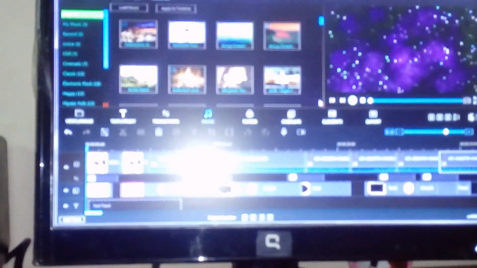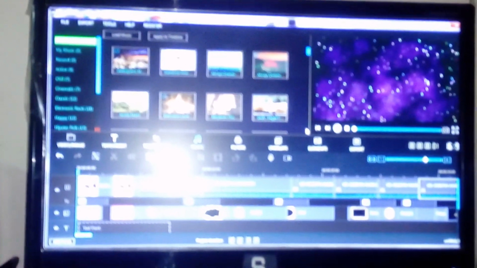Now the next effect is music. There are different music styles that can be inserted while the clip or movie is in progress. There are different effects and different music that can be played while the movie is in progress.